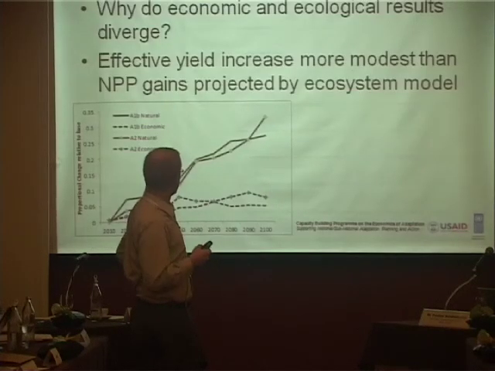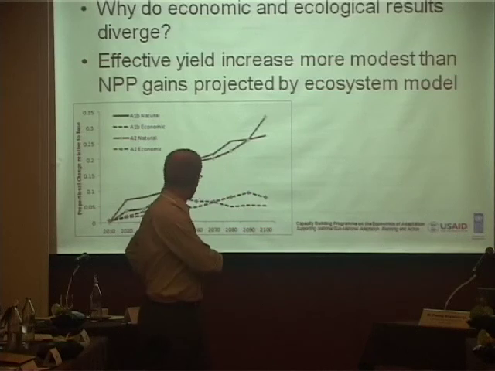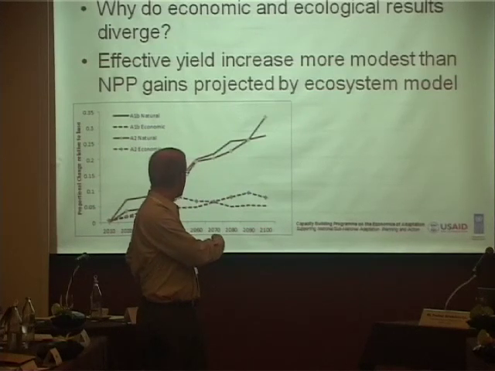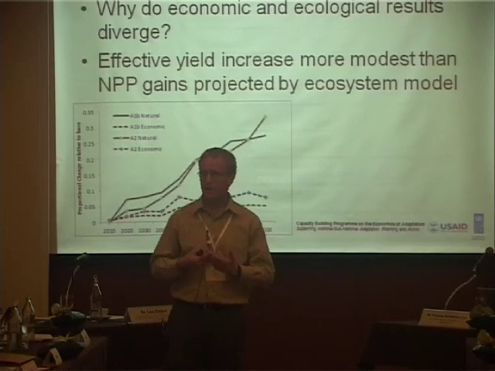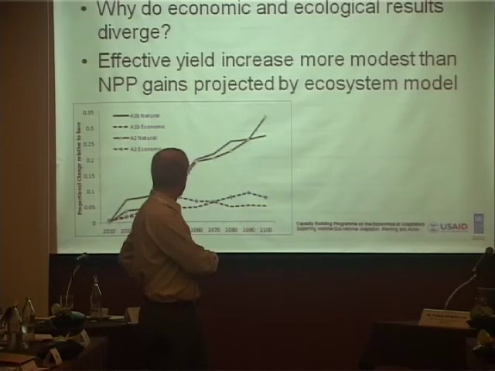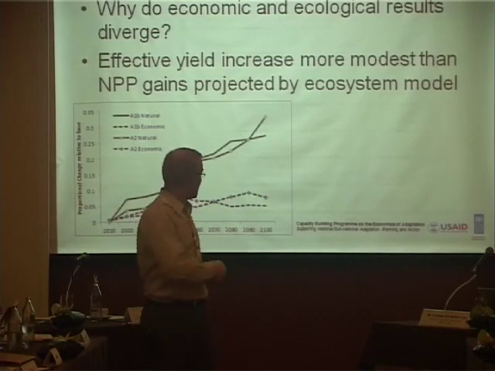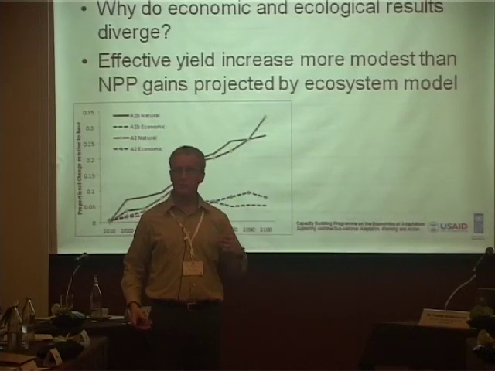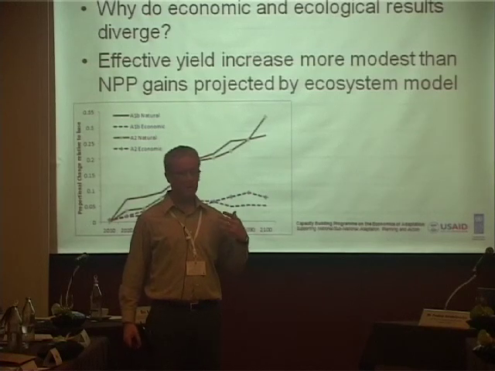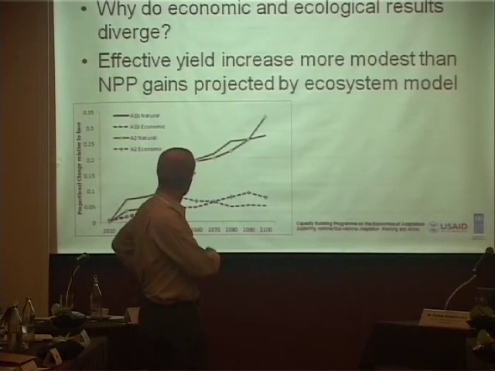Why do some of these models diverge in terms of their results? Again, as noted, this is the ecological scenario, this is the economic scenario in terms of the amount of forest land that you would have in China with climate change. The ecological scenario suggests a huge increase in area, but in fact the economic model only uses a little bit of that. Well, the key reason is again that prices are falling. Forestry does not, the productivity of forestry does not increase. No, actually, I'm sorry, this is actually a different